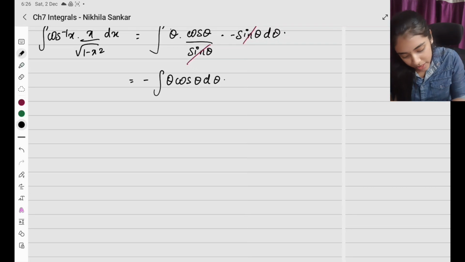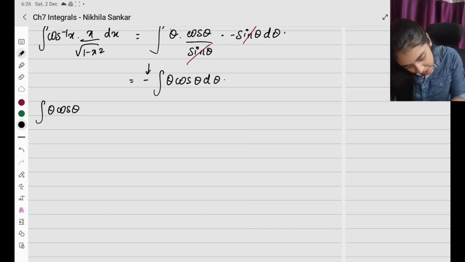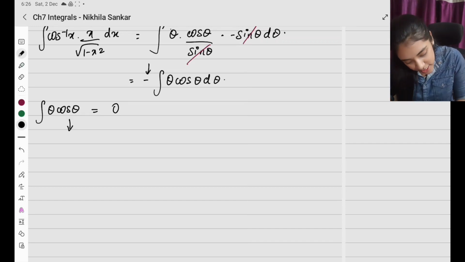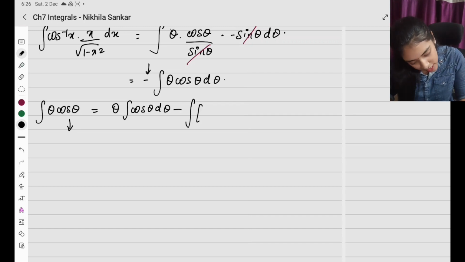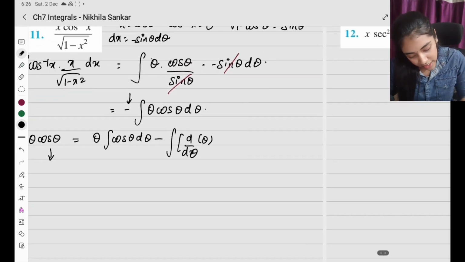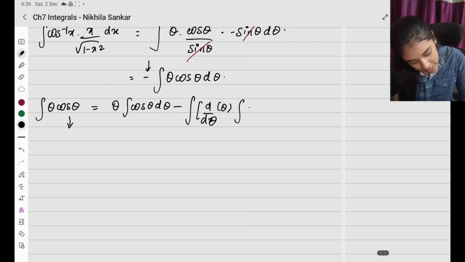We can do this easily with integration by parts. So let this minus be there. Theta cos theta: this is a trigonometric function and an algebraic function. So first function is theta, integration of second function, minus the big integral of d by d theta of the first function. We have changed the variable of integration, times d theta, integral of the second, which is cos theta times d theta